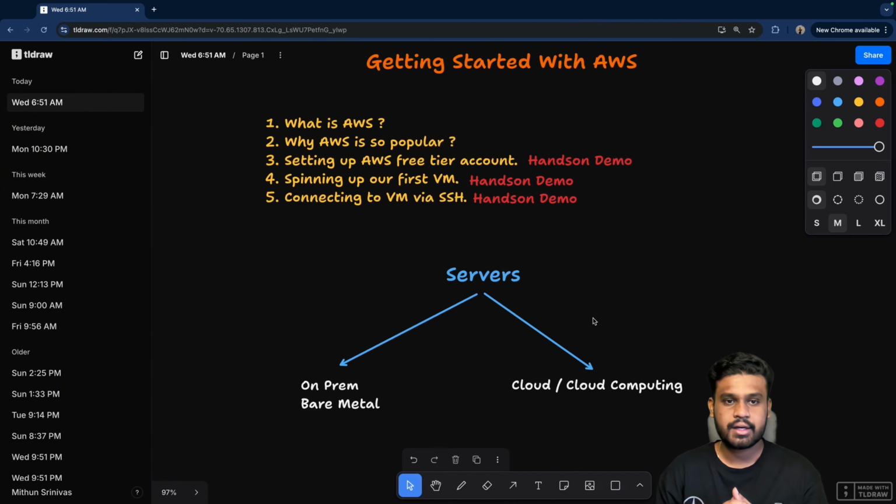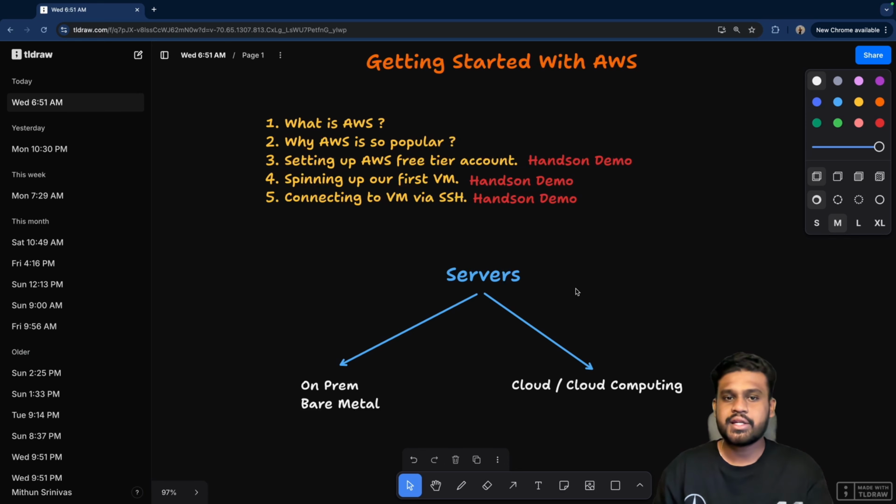Next, they provide you a free tier, so it is very easy for anyone getting started. There is no issue in the getting started part. You can directly subscribe to their free tier and you will get all of this. Considering all of these factors, they also have a good community, and they host a lot of learning sessions and events. So considering all of this, AWS is very popular.